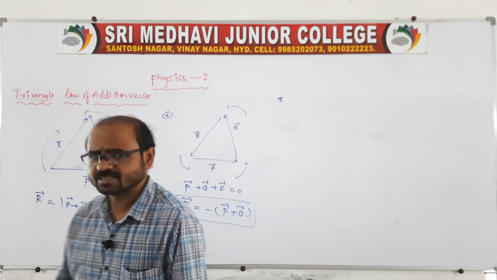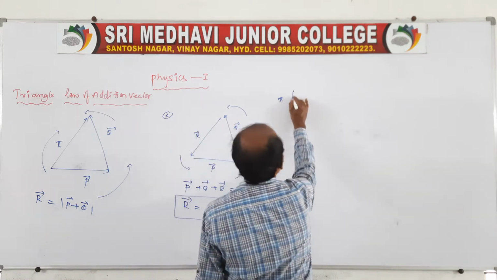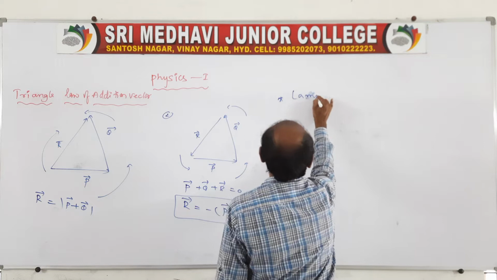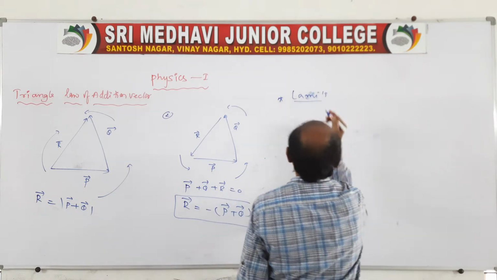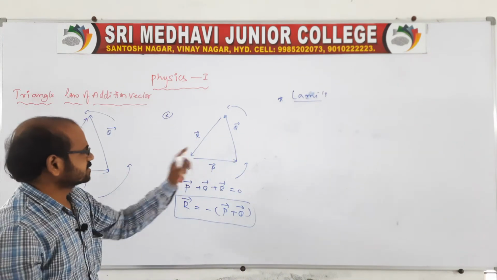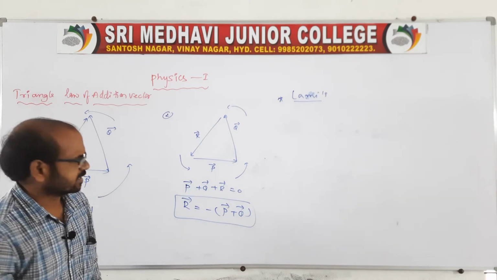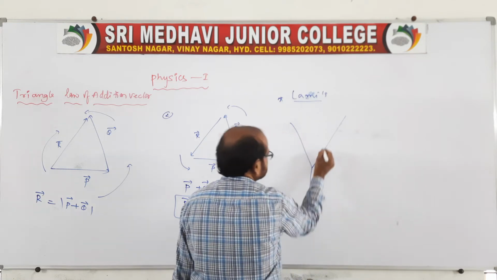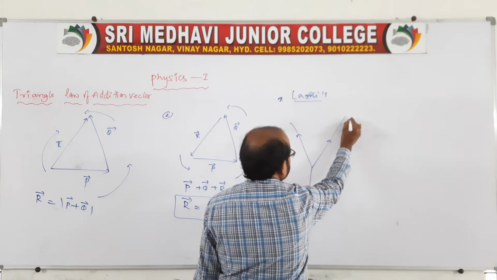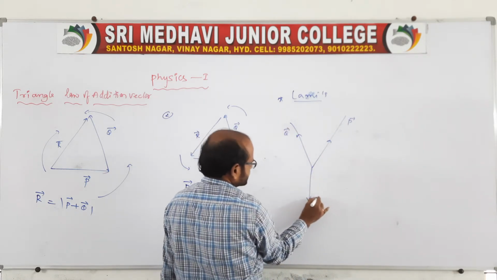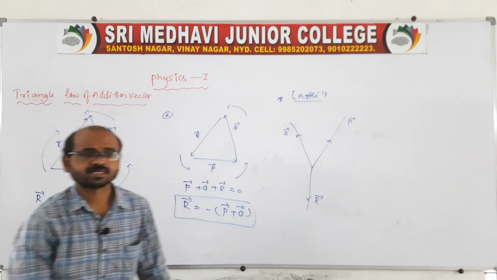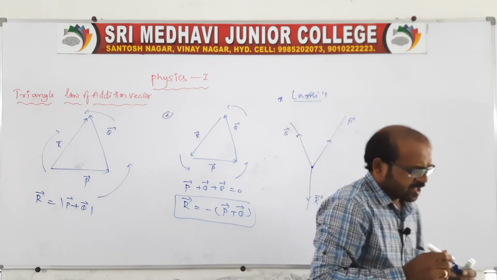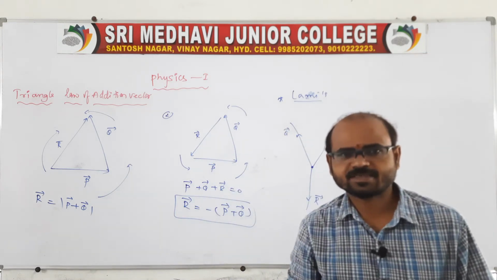Let us come to an example. One example is Lami's theorem. You remember Lami's theorem. Lami's theorem is an example, or application, of a triangle. We can also represent a triangle like this: it is a P vector, a Q vector, and an R vector. This is also represented as a triangle. And you remember there is one question, that I will tell you about, on the equilibrium of particles.